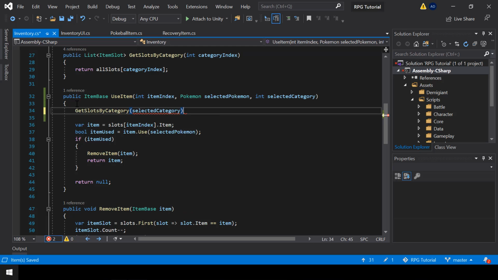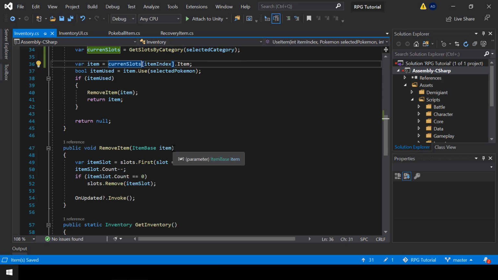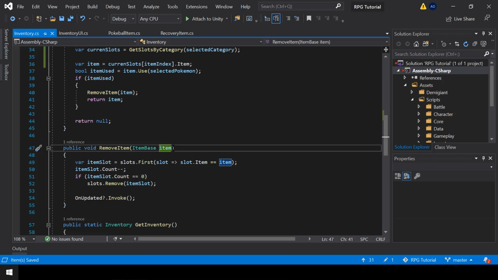Okay, so let me store the result in a variable called current slots, and here I'll use the current slots instead. All right, let me also do that in the remove item function. First I'll add a parameter for the category, and then I'll get the current slots.